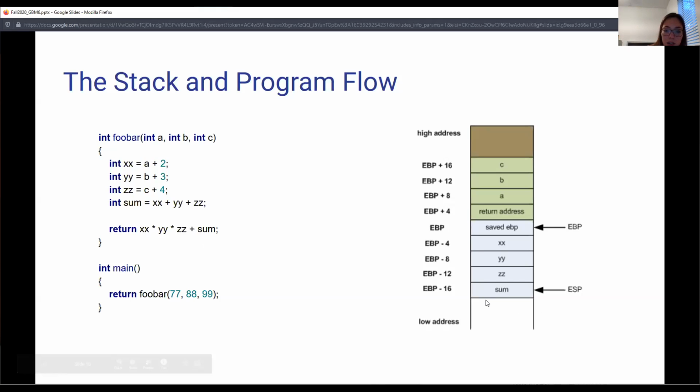And then any additional saved, like callee saved registers, we would have pushed those already. So EDI and ESI, we would have pushed those already. And then we return context back to main, and then main pushes EAX, so that way it can fetch that return value, and then it pushes all of the,